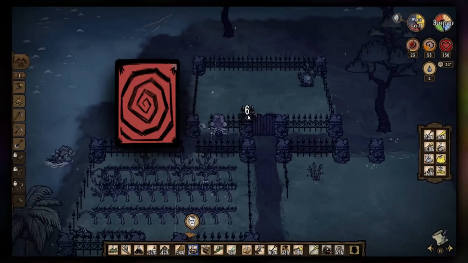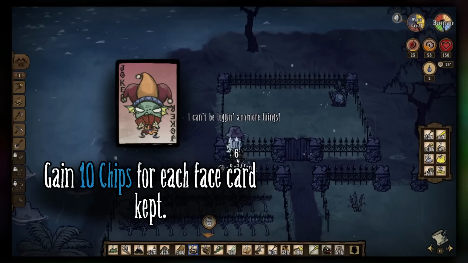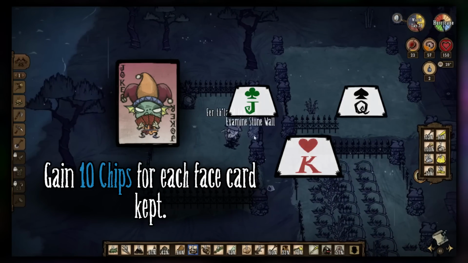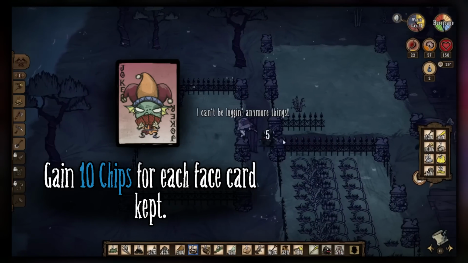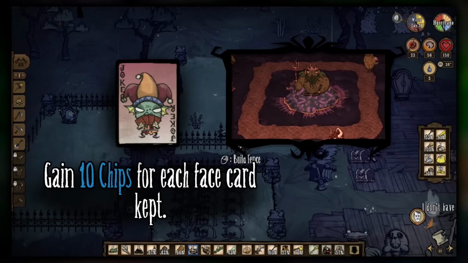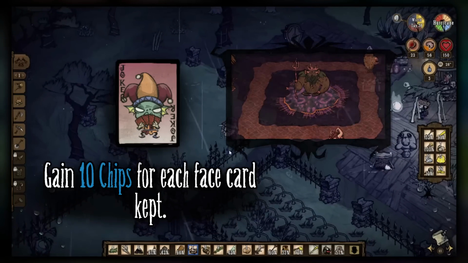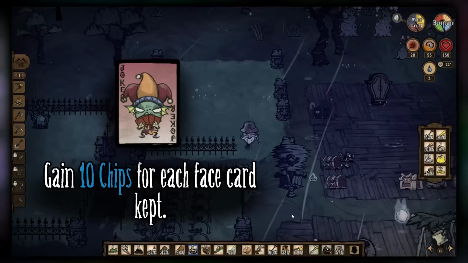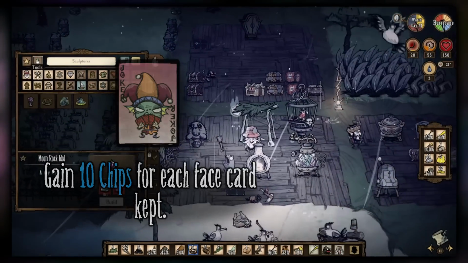The 10th card, Warts, grants you 10 chips per face card you keep in your hand, those being jacks, queens, and kings. She gains this because she's all about merm royalty and monarchy. She can literally crown a king of the merms, and she herself is like the princess of the merms. She cares about royalty so long as the only monarchs in her life are merms and not a certain pigman